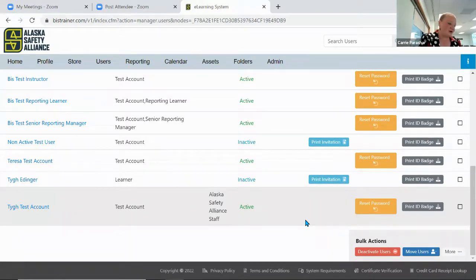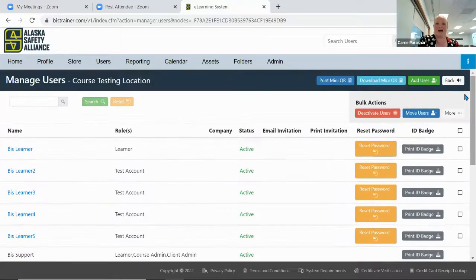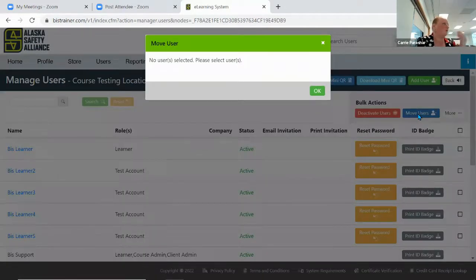It's a much smoother process as an admin if you don't have to print anything and if you can just put that email in. So it starts to show you as we progress why it's so handy to have that email in there. And again, if you're going to transfer a user, if you need to transfer them outside of a company, please do let us know. If you need to transfer within your own company, again, if those folks are at or lower than your level,